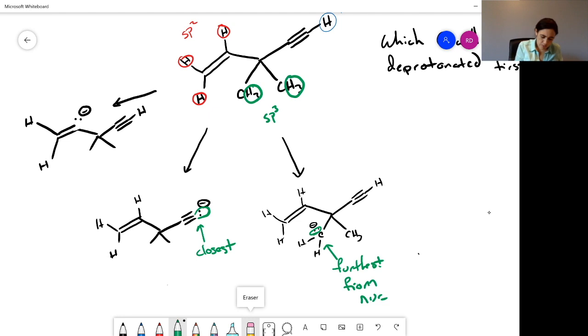And therefore this one will be the most stabilized by the positive charge of the nucleus and will therefore be the weakest base. And this will therefore be the most acidic